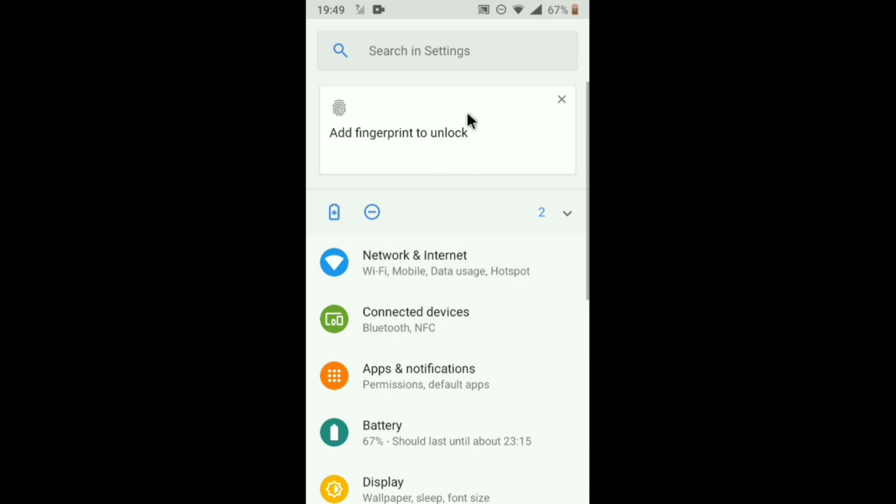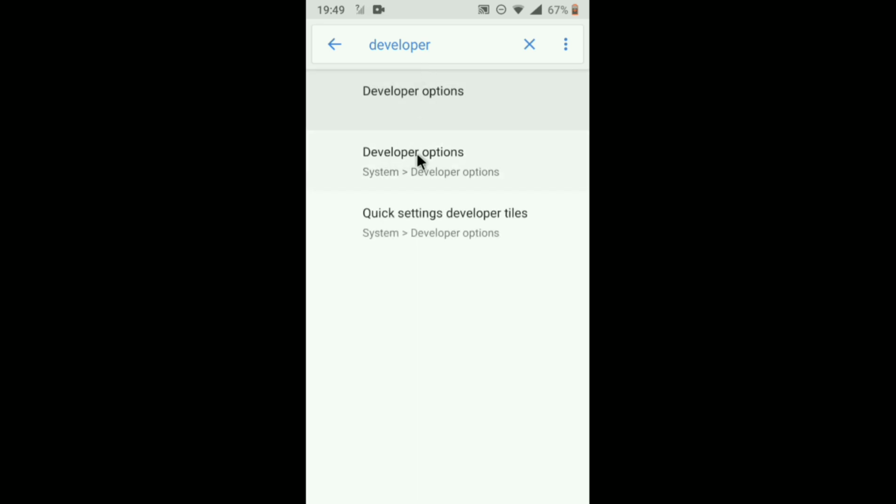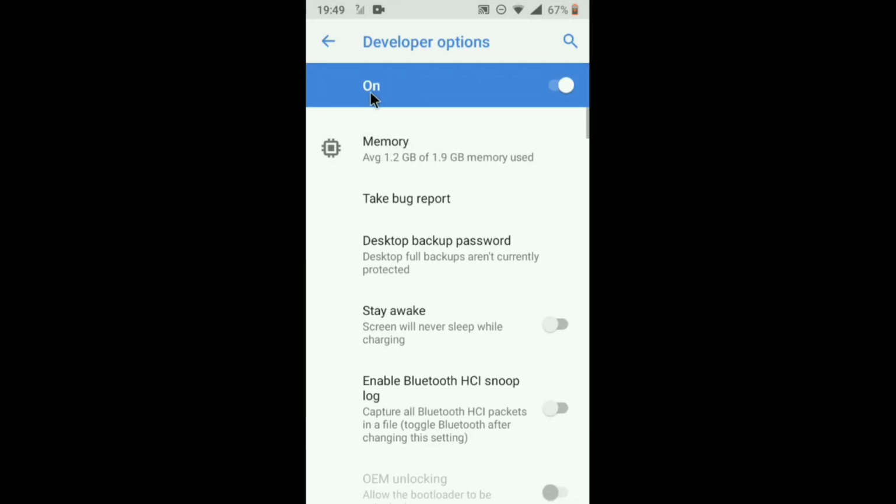and once you're on this settings, go all the way on the top where it says search, then type in developer and tap enter. Once here where it says developer option, tap here, and once in here you should see an